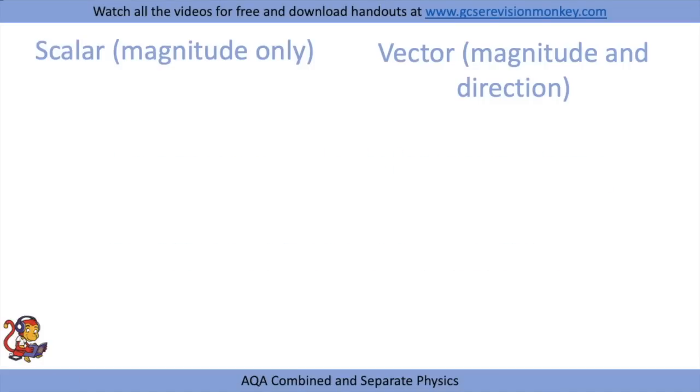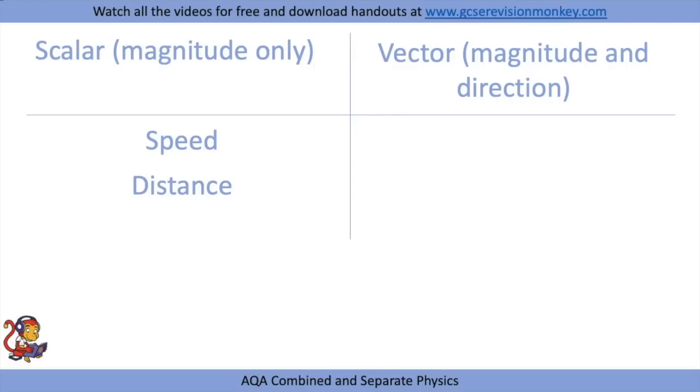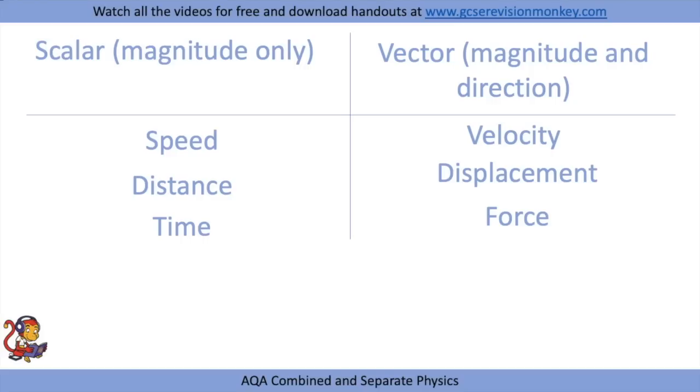Let's first look at the difference between scalar and vector quantities. Some examples of scalar quantities are speed, distance and time, and some examples of vector quantities are velocity, displacement, force, acceleration and momentum. Now, the difference between the two is that scalar quantities have magnitude only, so magnitude is size,